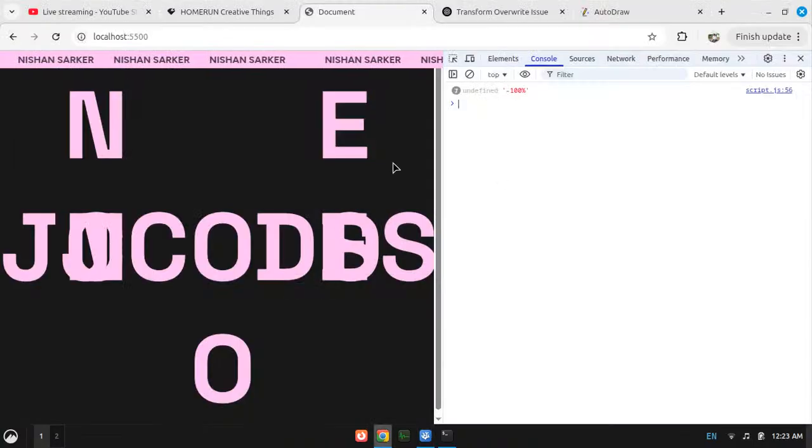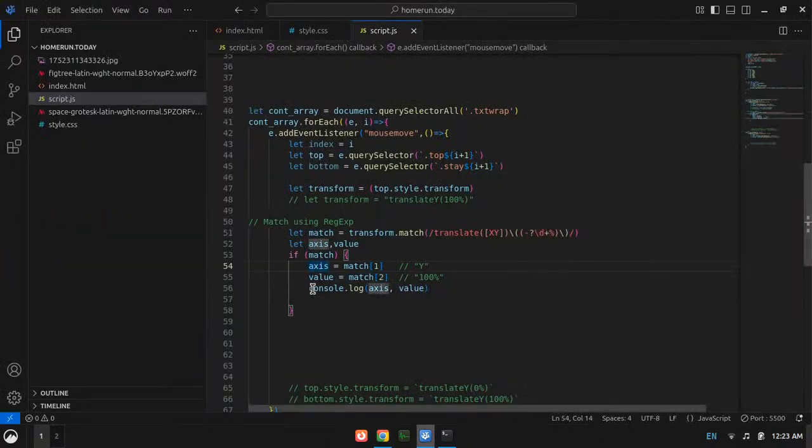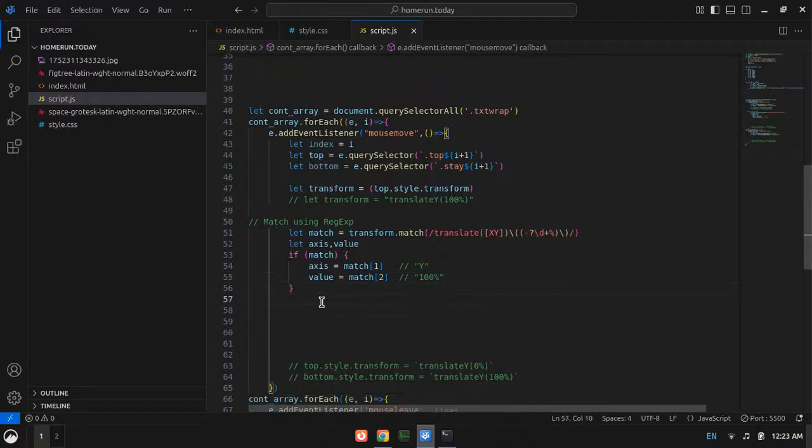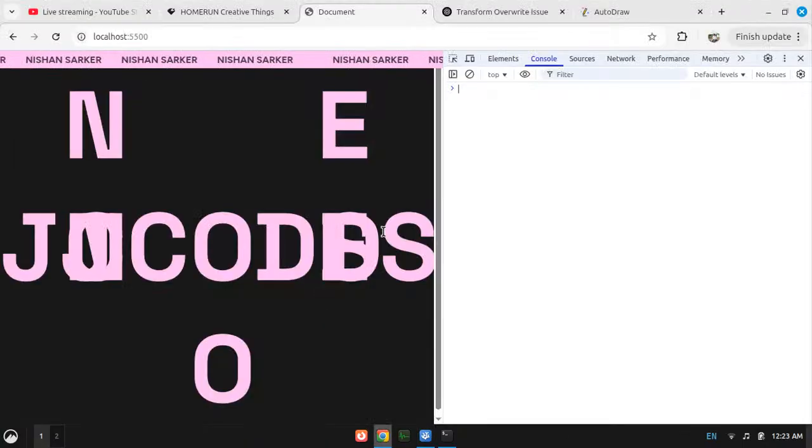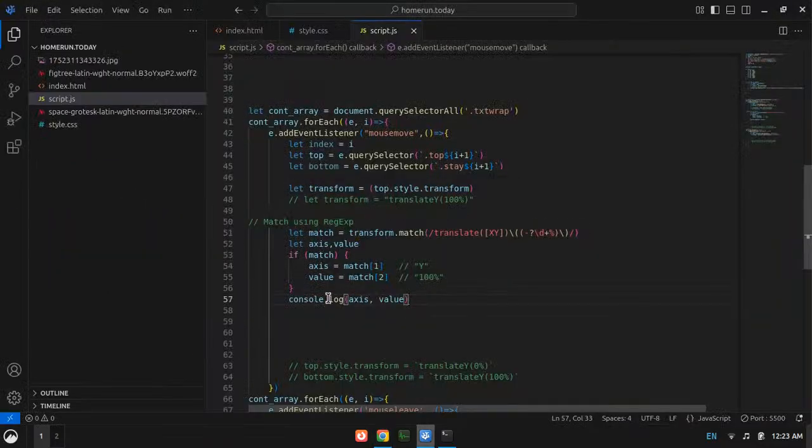Will it still work? Yeah, it still works. So now if I do this, will it work? Yeah, it works. Okay, now I have the axis and value. What I need to do is, when